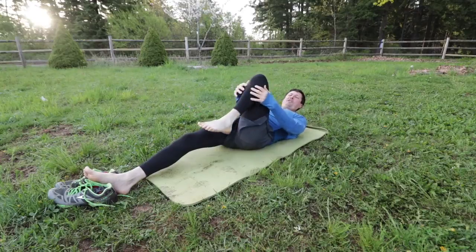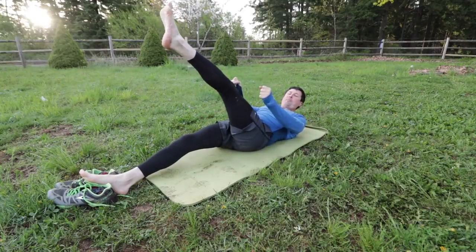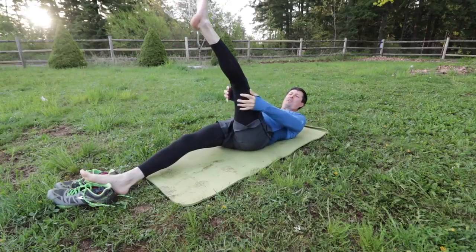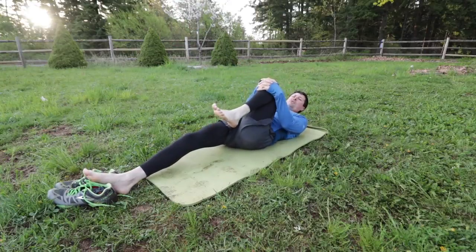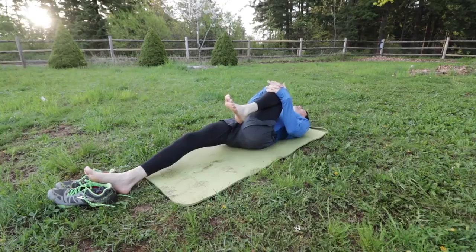Now, if you're not flexible enough to do that, if you can't get your hands around there, get yourself a towel. Wrap up a bath towel, hook it over the back of your leg if you have to pull that way, or even over your heel, and do whatever you have to do to get the process started. 1. Should feel that right in here. 2, 3,